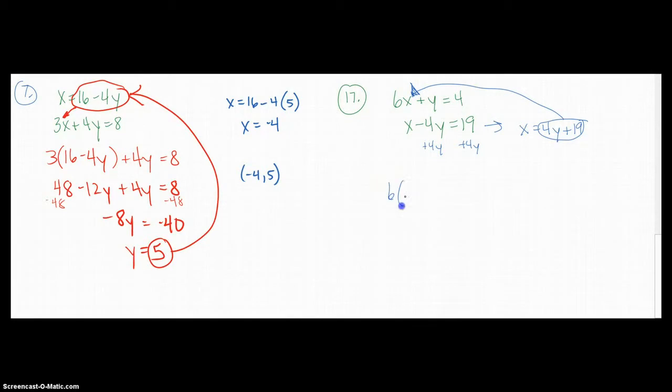So you get 6 times 4y plus 19 plus y equals 4. So nothing changes other than I took the x out and I put 4y plus 19 in. Distribute, we get 24y plus, what'd you get for 19 times 6? 96? So combine like terms here, we've got 24y plus y is 25y. If we subtract 96 over,